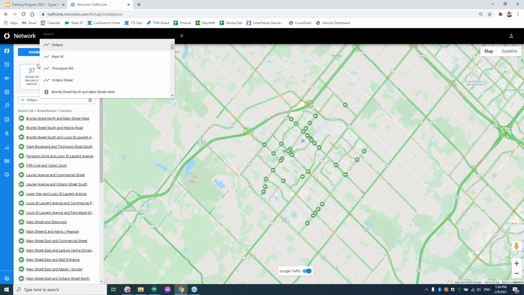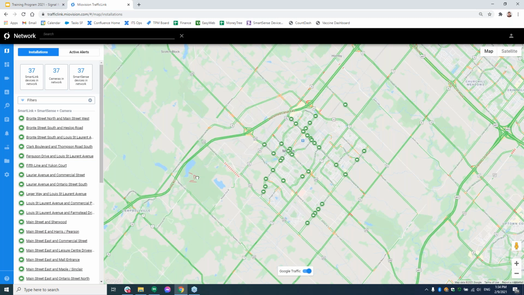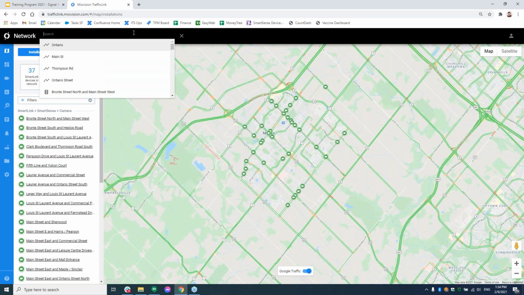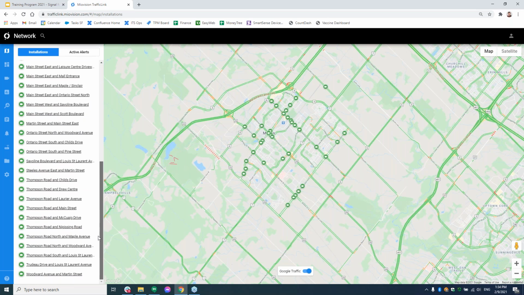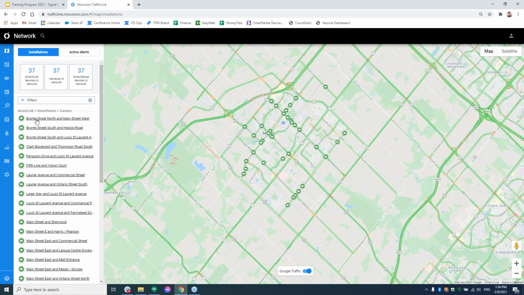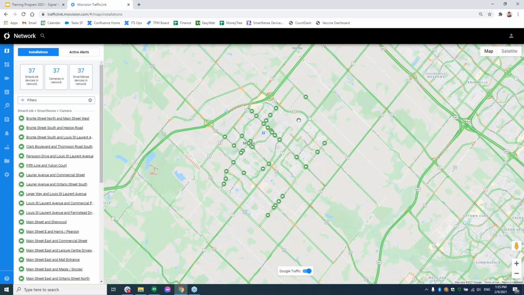I can certainly separate those out in a way that I can simply search for the way I care about it at the top bar based on my tags, or I can just go through my list along here on the left. I have seen many users actually change the name of the intersections as well to include that intersection ID, so that you have some sort of symmetry and consistency between the IDs and how you can take advantage of actually using those in the platform. But those are handy little tools that many can take advantage of now.